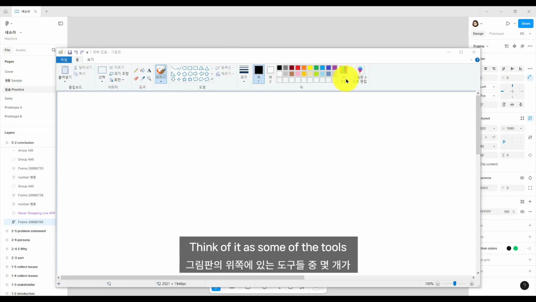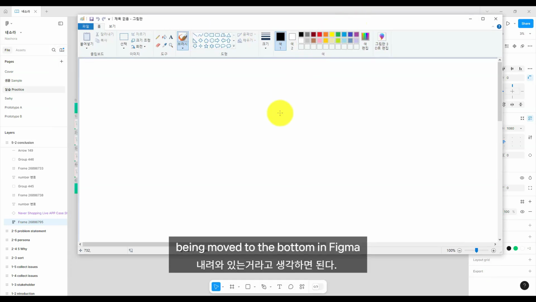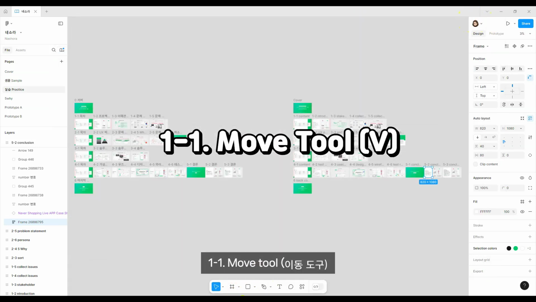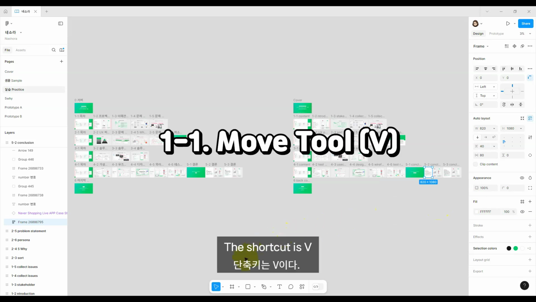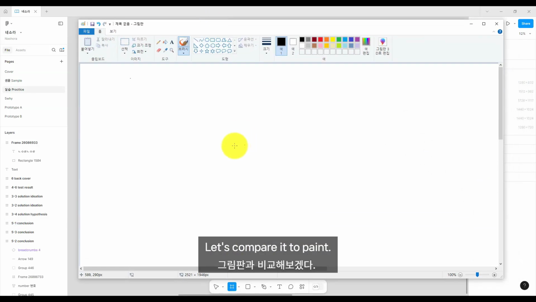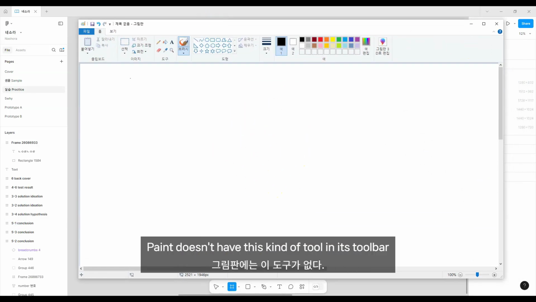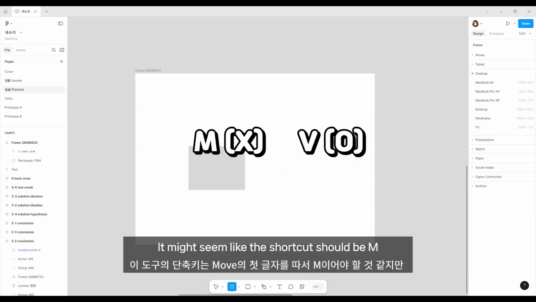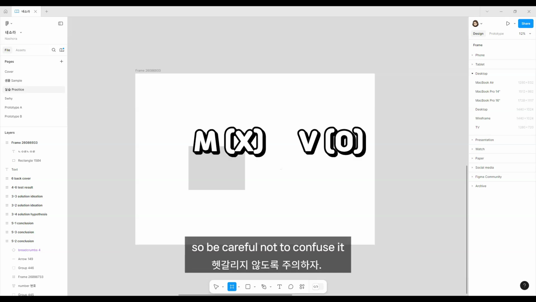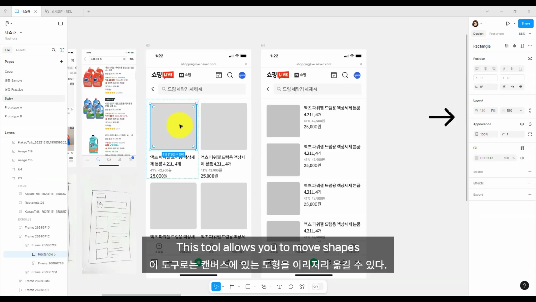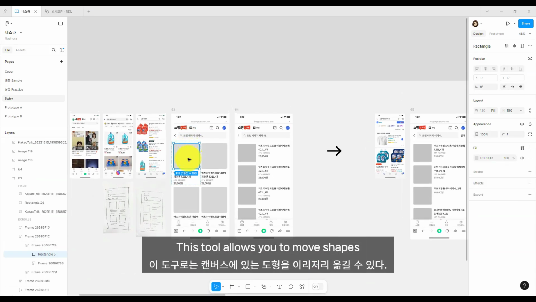Think of it as some of the tools from the top of MS Paint being moved to the bottom in Figma. 1-to-1 Move tool. The shortcut is V. Let's compare it to Paint. Paint doesn't have this kind of tool in its toolbar. It might seem like the shortcut should be M, but the default setting is V, so be careful not to confuse it. This tool allows you to move shapes